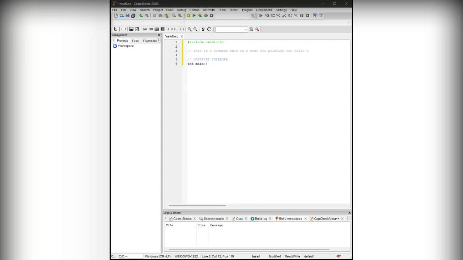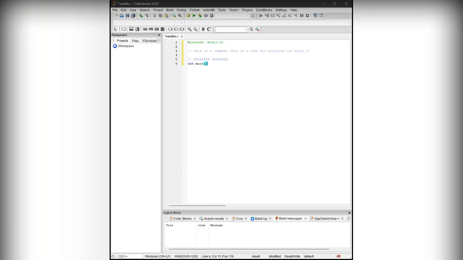Okay, so back to what I was saying. You let it know that it's a main function by saying main. And notice it is not separated; it is joined together. Okay, main. Now we have our int main. And then the next thing we're going to have is, of course,